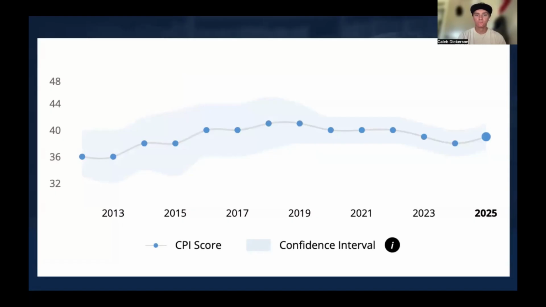When we look at corruption in India over time, the trend shows very minimal improvement. The CPI score has only increased about 1 point recently, which suggests that progress is very slow and largely stagnant. This indicates that corruption is not being significantly reduced, but rather maintained at a consistent level. The key reasoning for this is the strong connection between corruption and power. Corruption is often tied to the abuse of authority, especially when there are weak checks and balances in place. Without strong oversight, resources can be misused and institutions can begin to decline, ultimately weakening the effectiveness of governance as a whole.